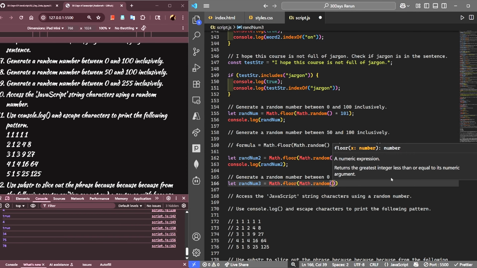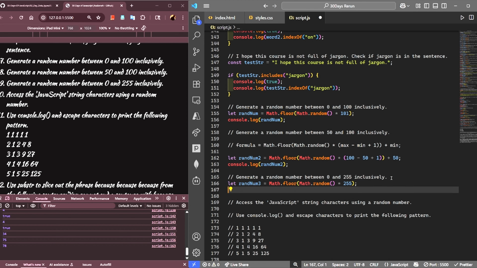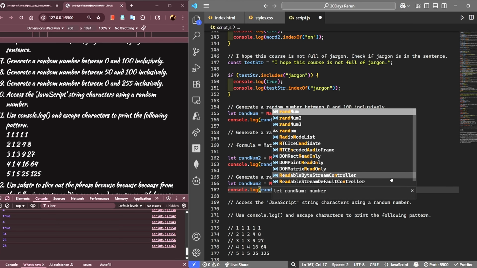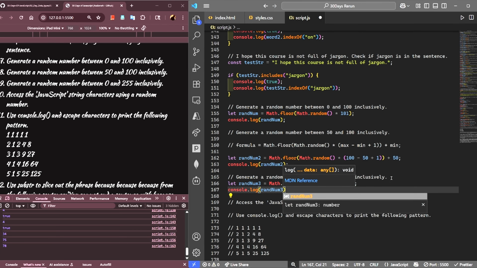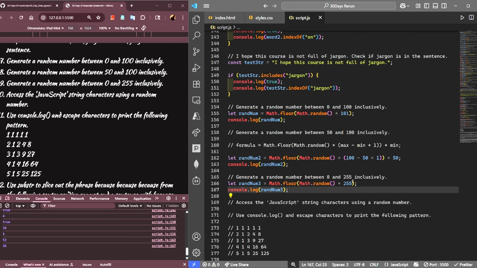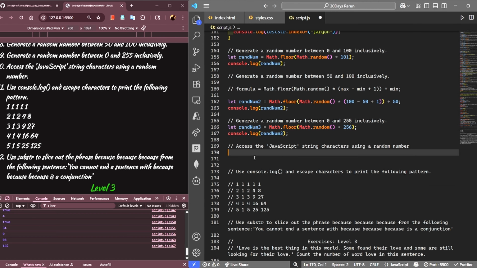And in the next case, we're generating a range, so between 50 and 100. And there's a formula for it. It's math.floor, math.random times the max number in the range minus the min plus 1, and then plus the min again. So in this case, the max is 100, and then we're subtracting 50 from 100 because that is the min of the range, and then we add 1. That's been multiplied by math.random, and then we're adding the min again, plus 50, to get a number between 50